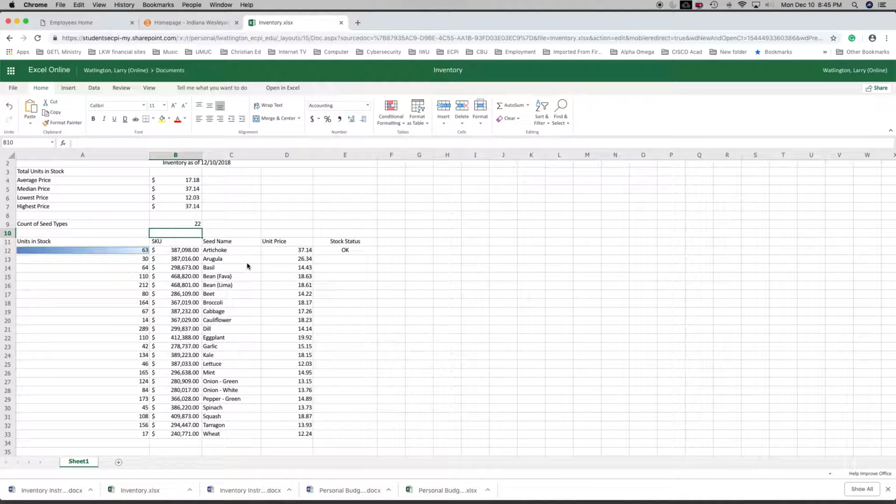Number 15. Now we're going to write a formula. We are going to write and make a formula. This is the interesting one, and this is some of the power that Excel gives you, because it's a way of keeping track of inventory. So what we're going to say is, looking at the data set,